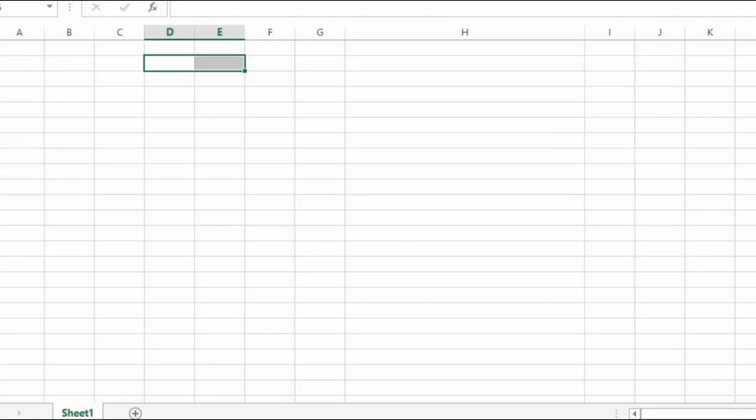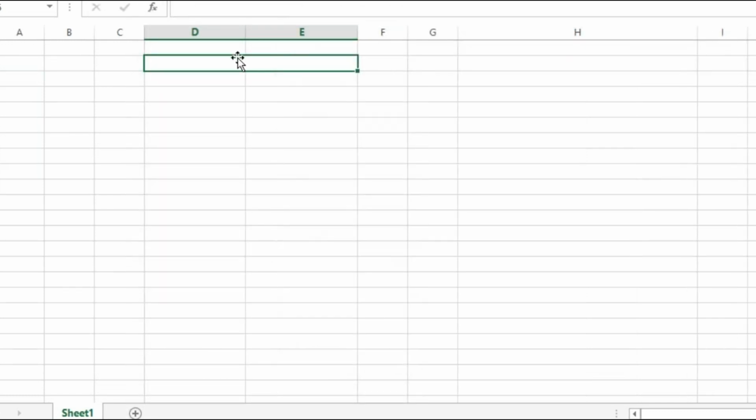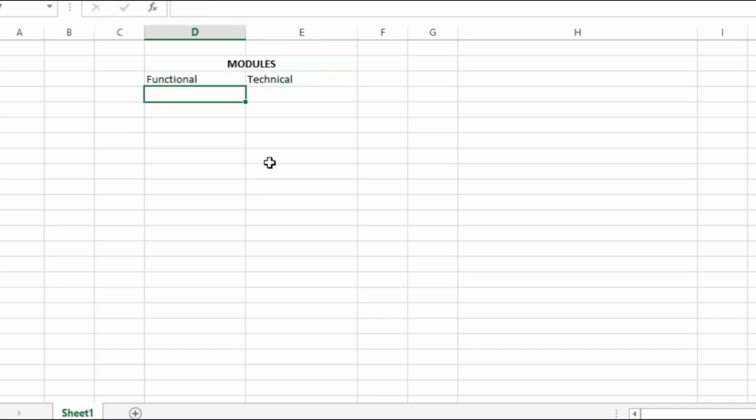Now, like I said, SAP consists of modules, two modules in particular. One, functional, on the other, technical. So there are more than 50, 60 modules SAP has to offer. FI and CO. By the way, FI and CO are two different modules.